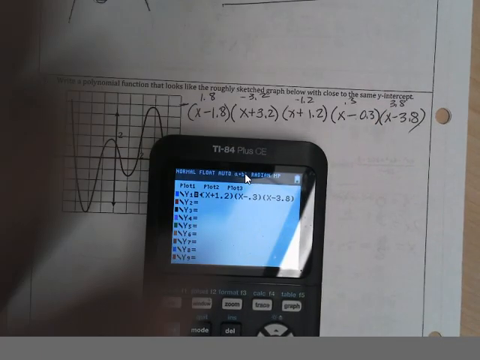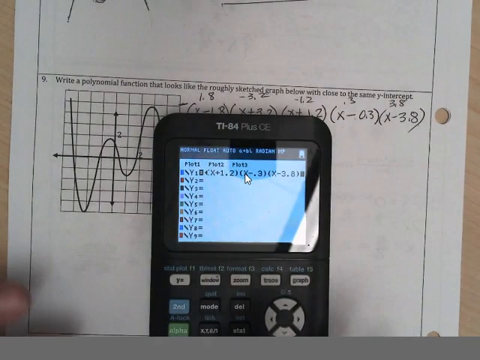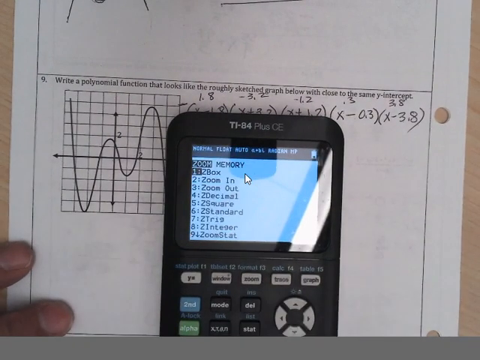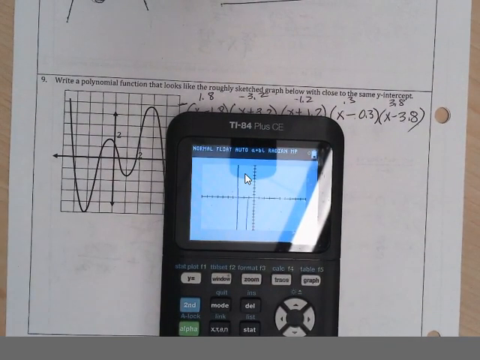You could put this in on Desmos also. And if I push zoom 6 to get a standard looking graph,